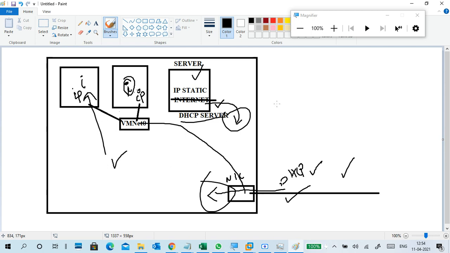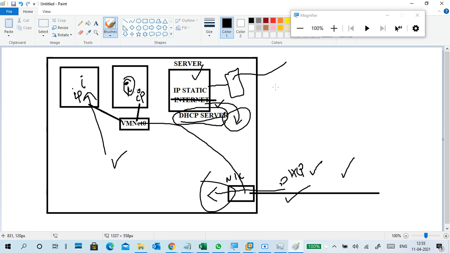When I was working in a previous organization like CMS, what happened? We have a physical machine, and some of our guys installed DHCP on a physical machine. That physical machine is connected to a switch, and this switch is connected to other DHCP servers.